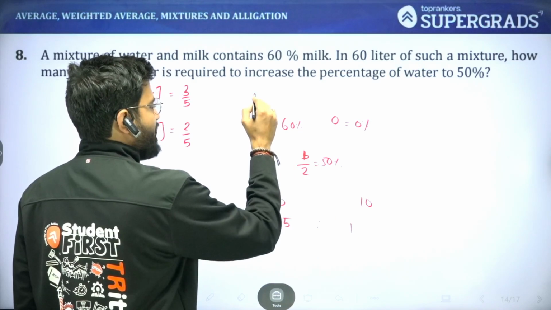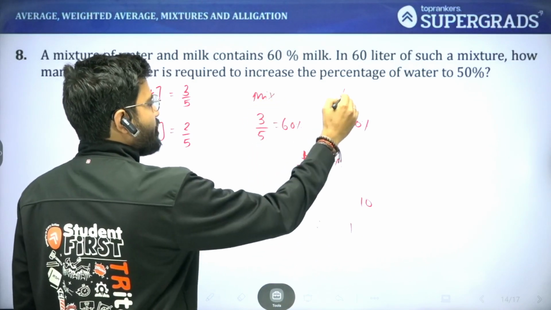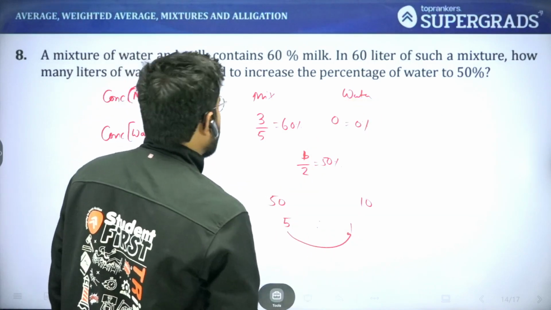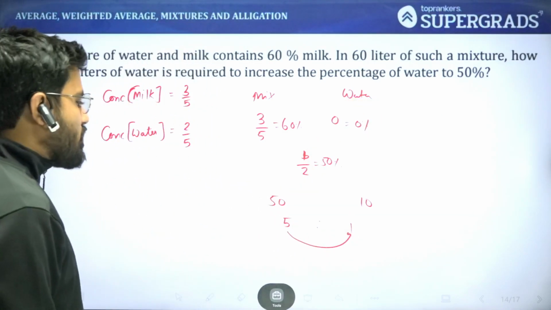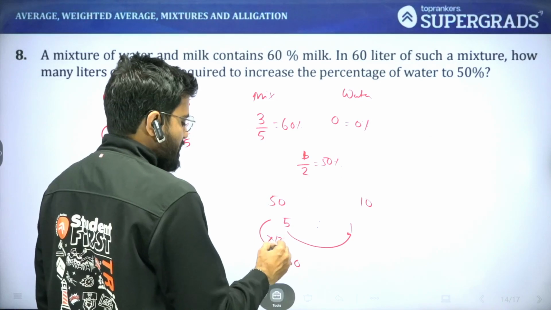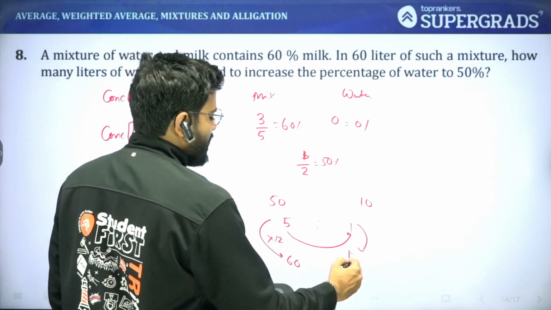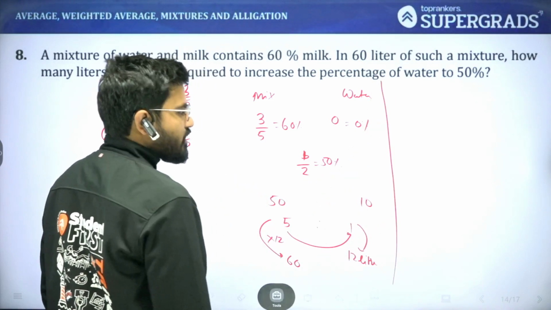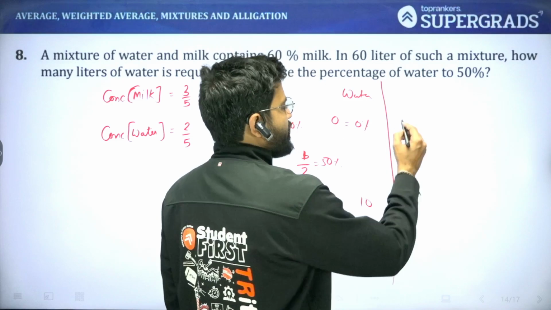तो ये अपना मिक्सचर था, ये अपना वाटर था, तो कितना मिलाना पड़ेगा? 5 में 1 लीटर मिलाना पड़ेगा. तो ये 5 करस्पॉन्ड्स टू 60. तो इसमें किसका मल्टीप्लाई किया? 12 का. तो कितना मिलाना पड़ेगा? 12 लीटर्स मिलाना पड़ेगा. And if you go by the concentration of water, then the concentration of water in mixture